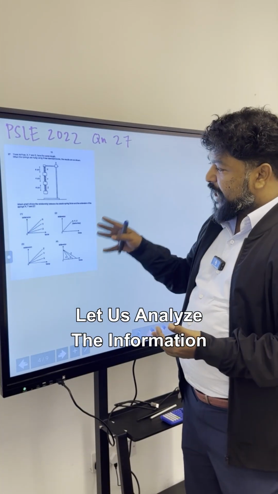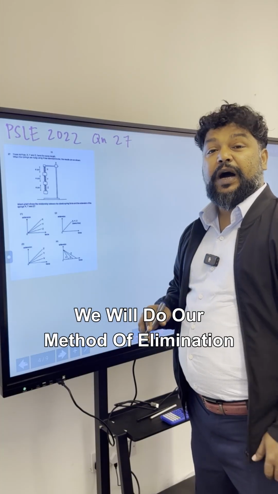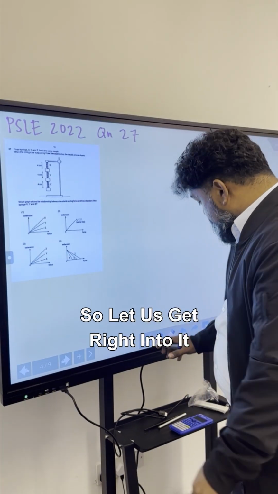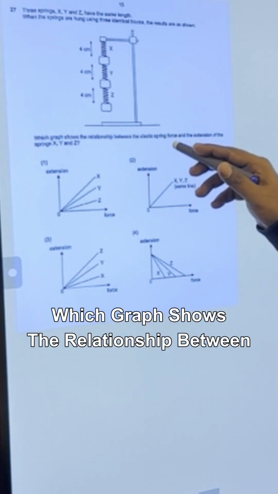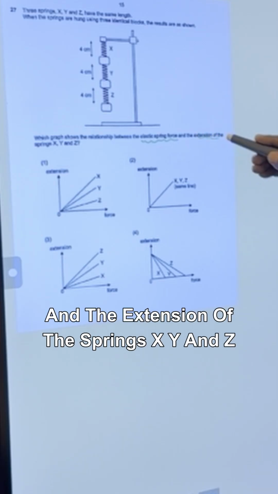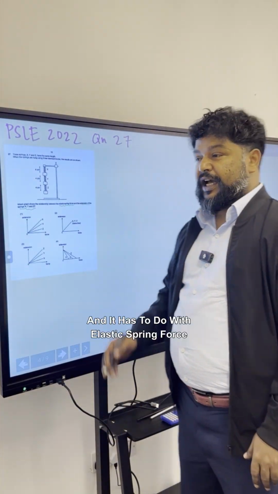Step number 2, let's analyze the information given in the question. And step number 3, we will do our method of elimination. So let's get right into it. Question number 1, which graph shows the relationship between the elastic spring force and the extension of the springs X, Y, and Z? Now we know straight away this is from the topic of forces, and it has to do